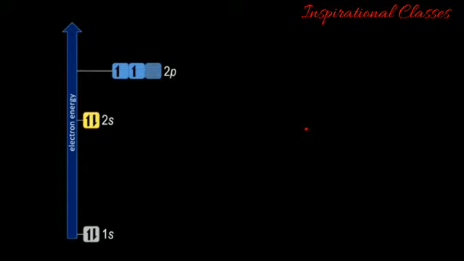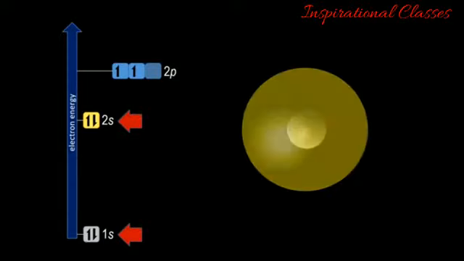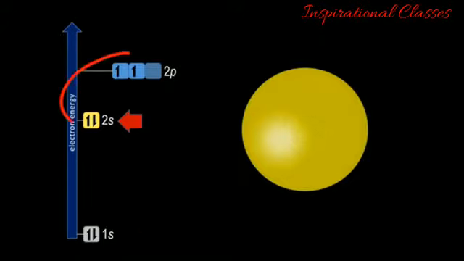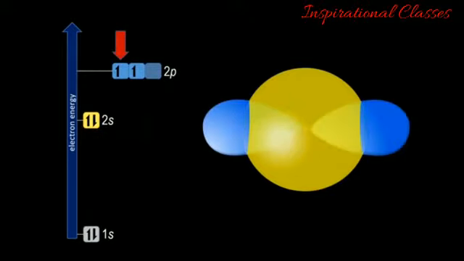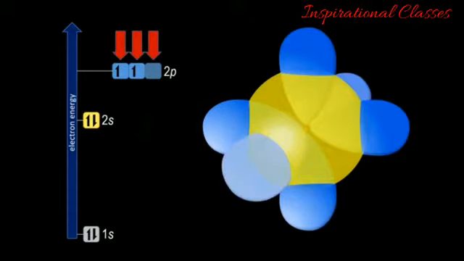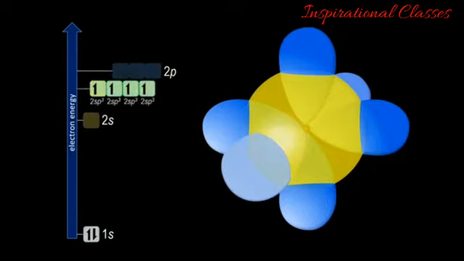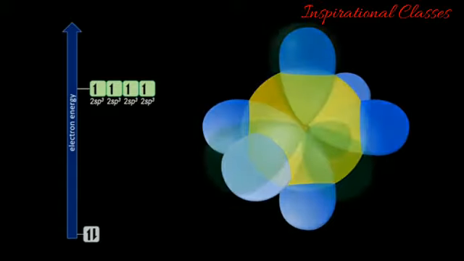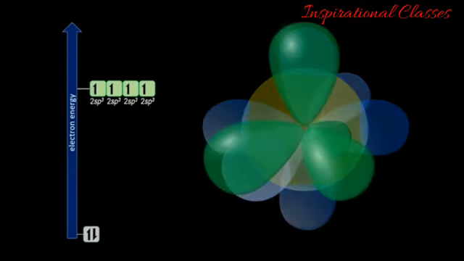Before we look at the shape of hybrid orbitals, it would be helpful to briefly review the atomic orbitals. The 1s orbital is a sphere, the 2s orbital is a larger sphere surrounding 1s, and here we will get rid of 1s since we are only concerned with the valence electrons. Each 2p orbital is a 2-lobed shape converging at the nucleus. So there are the 3 2p orbitals. However, when hybridization occurs, the s and p orbitals cease to exist, and the 2sp3 orbitals have an entirely different